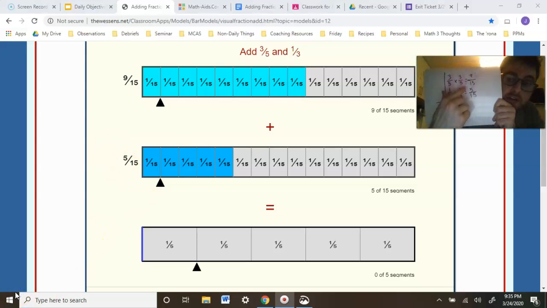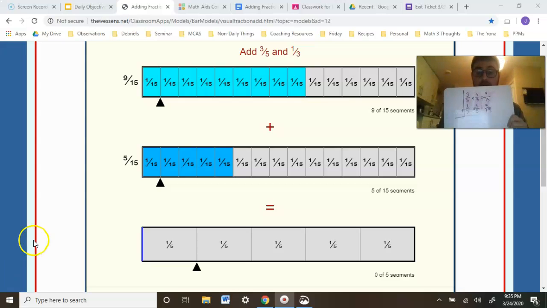So here you notice, oh, 3/5, if it's being split 3 times, is really 5 times 3, which is 15. And 1/3 being split 5 times is really the same as 3 times 5, which is 15. So 5 times 3, 15. 3 times 5, 15. In this way, when we multiply each denominator by itself, what we're really doing here is creating